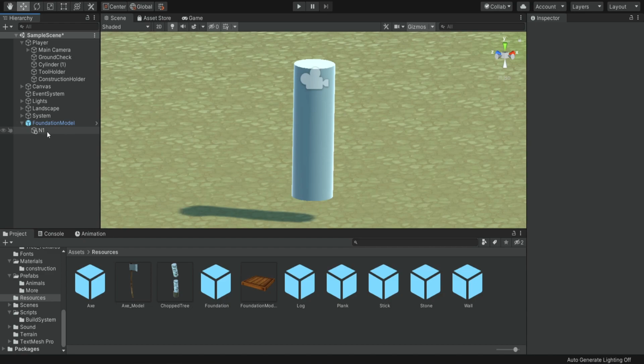You can also name them Ghost 1, Ghost 2, Ghost 3, but you're going to see that we have different types of ghosts, okay? Because we're going to have ghosts for the foundation, and we also will have ghosts for the walls. So I'm going to name the foundation ghosts N1, N2, N3, and the wall ghosts we're going to name W1, W2. So this object right now, we're going to set it to be at the 1 and 1 position,